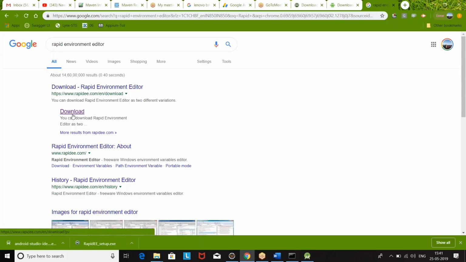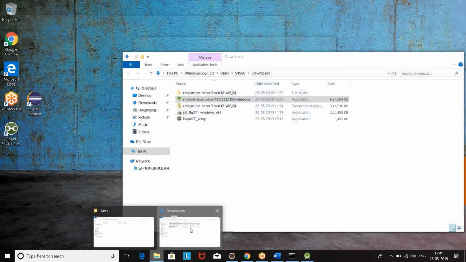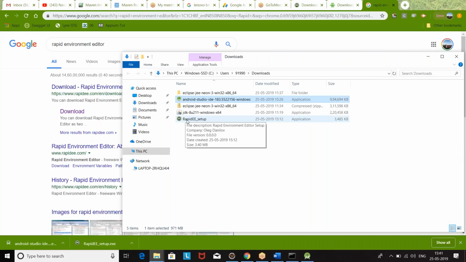This is a very good app. Click on download, and you just launch it. It will give you the complete list of your environment variables and the path variable available on your Windows machine. So I always use this whenever I have to work on my Windows laptop, on my Windows machine. So it's already available on my system. I've already downloaded it, and you just need to click on Rapid EE setup,